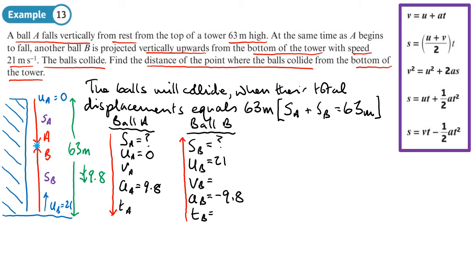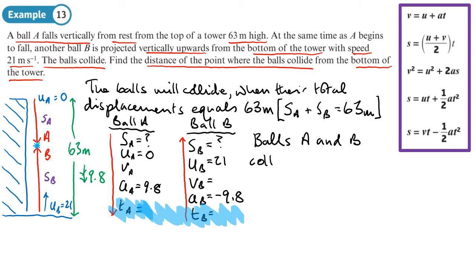But really what I need is another variable, and that's going to be T. Because there's another important piece of information. These two balls will collide at the same time. So that will allow me to link these two together because they will be equal to each other. So I'm also going to add this piece of information. Balls A and B